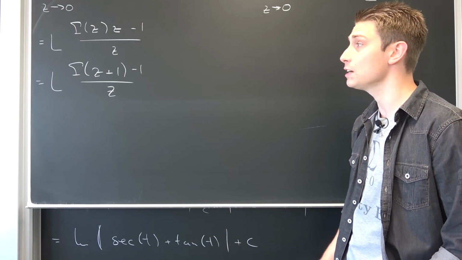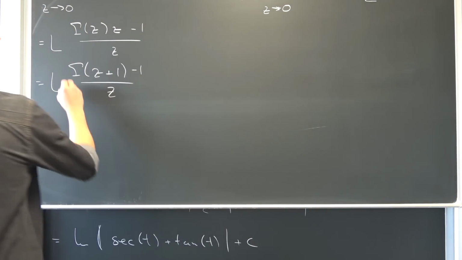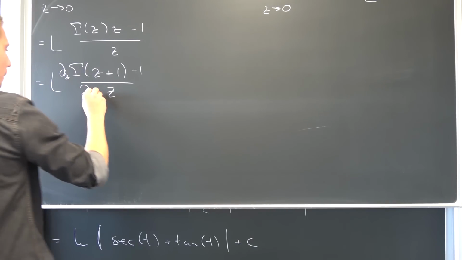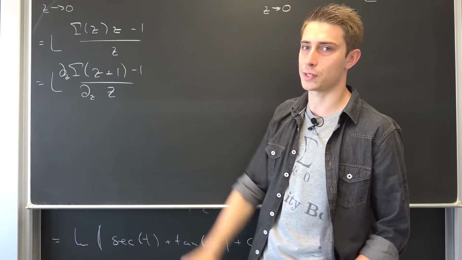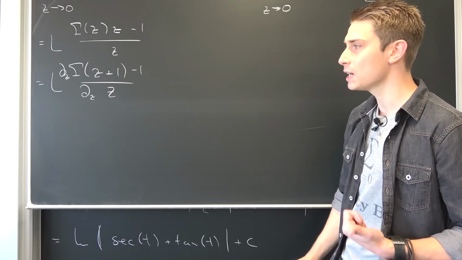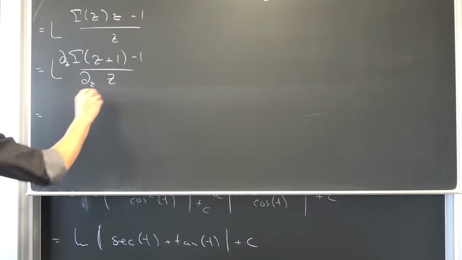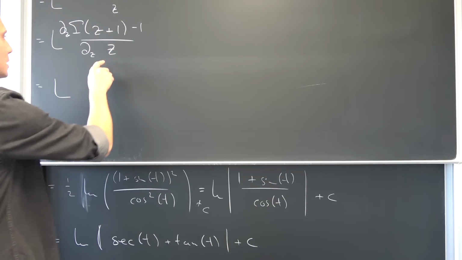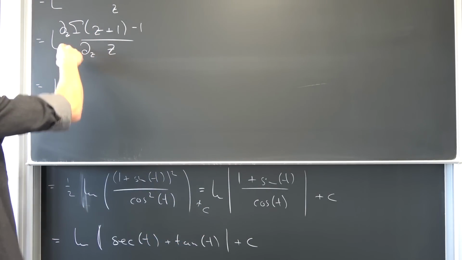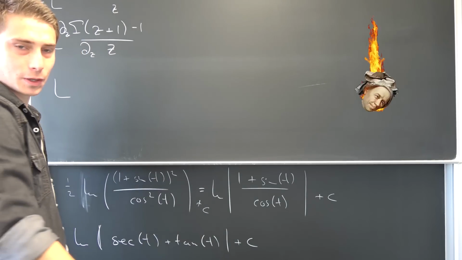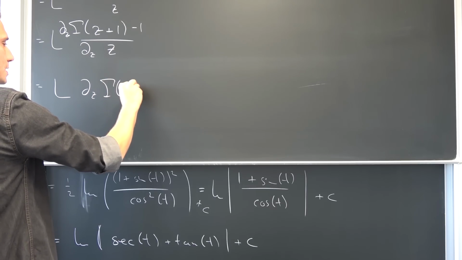We are going to take the derivative with respect to z on the numerator and denominator respectively. Why can we do this? Because if z approaches 0, we are going to have gamma of 1, which is 1, minus 1 is 0, and down here we have 0. A 0 over 0 situation. Works out! The derivative of z with respect to z is simply 1, okay? We are going to get rid of this down here. So that's the limit as z approaches 0 of something over 1, okay? Then the negative 1 is going to vanish in the limit, meaning in the limit of the difference quotient right here, differentiation. And we are only left with del z of gamma of z plus 1.